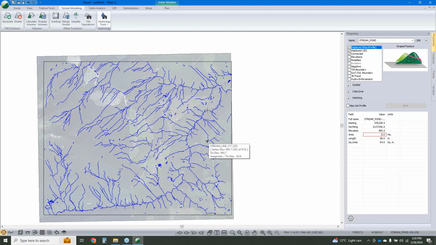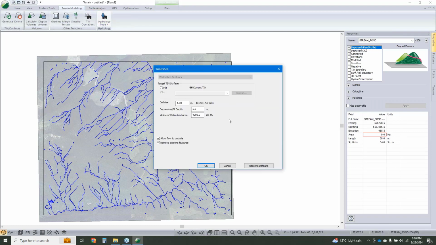So the next item that I'm going to cover, streams and ponds get used on lots of folks' projects. The next one I'll cover is probably going to be less commonly used, but it's our watershed tool. So our watershed tool is going to delineate the catchment areas for all the pour points, or spots where our streams terminate, given a TIN model. And here, if we have any really small ones along the edge, we're grouping them together based off a